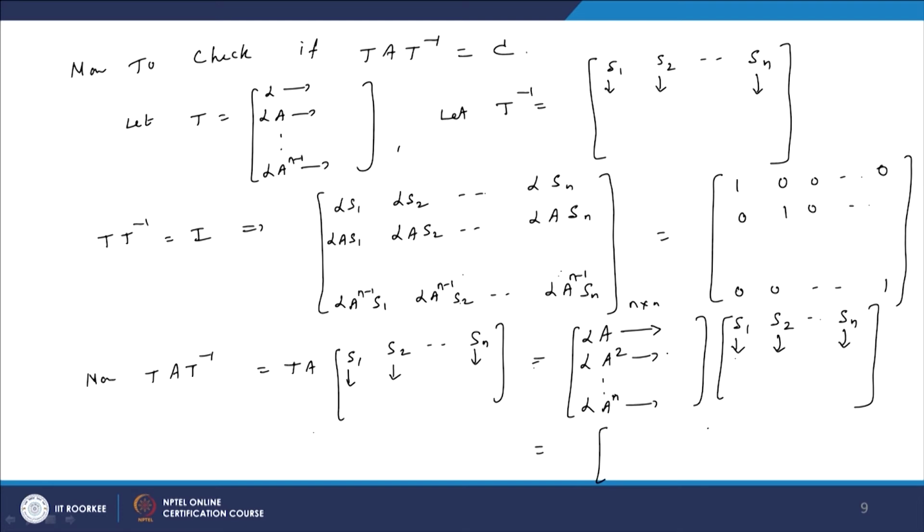Similarly, the second row alpha A square S1 etc. will come out as the third row of the identity matrix. So, ultimately the first row of T A T inverse is the second row of the identity matrix. The second row of T A T inverse is the third row of the identity matrix,